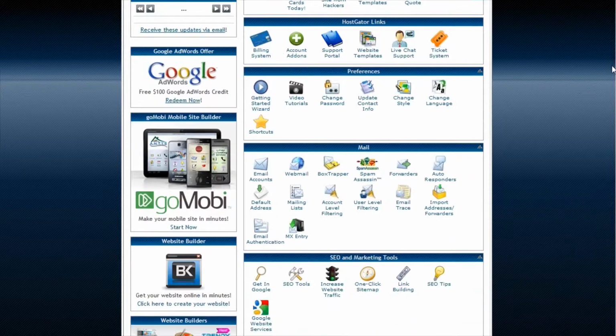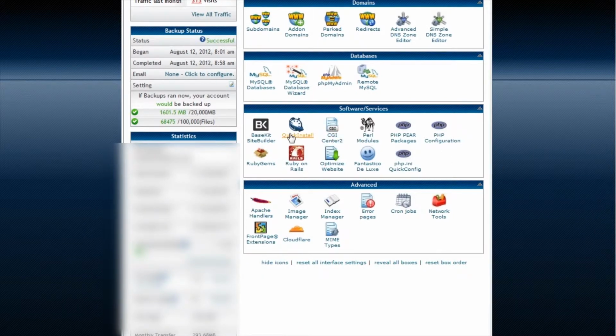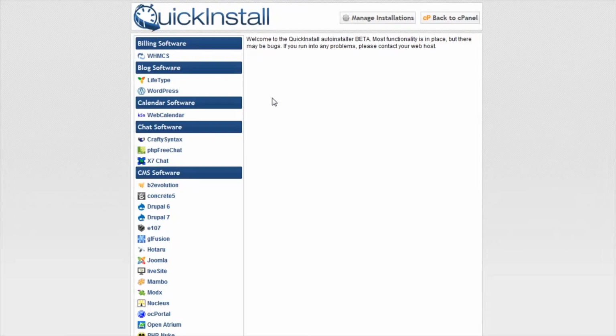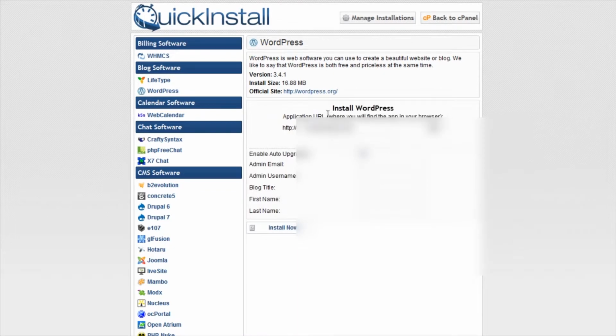We're here in the cPanel, and we're going to scroll down, and almost to the bottom, it's under Software Services, Quick Install. And on the left, we've got a few different applications available, several actually, and towards the top, it's WordPress. And click Continue, and then we'll choose the domain, and before, you might remember, we had TN Gypsy Horses we were working with, and so you've got a little box here. If you do want to install on a subfolder, you can do that, but we're just going to install to